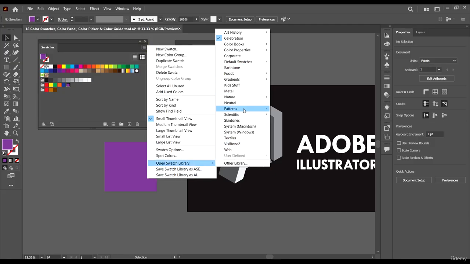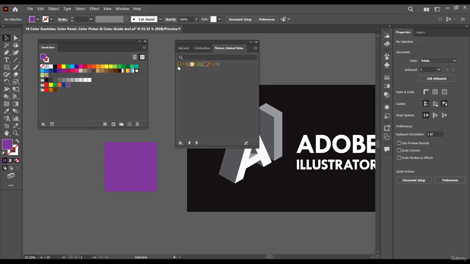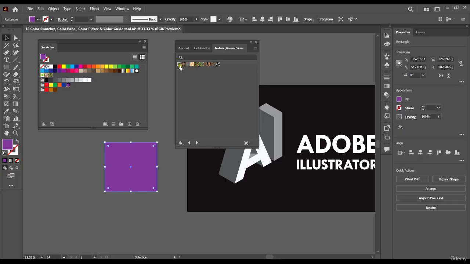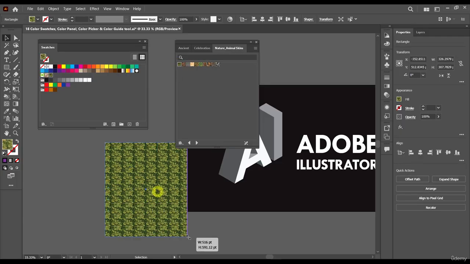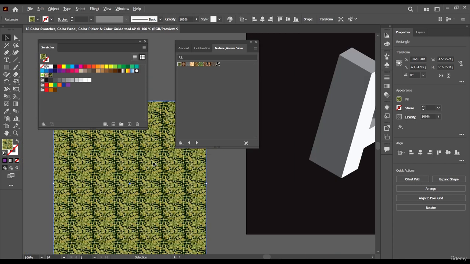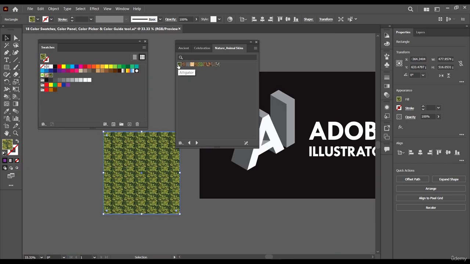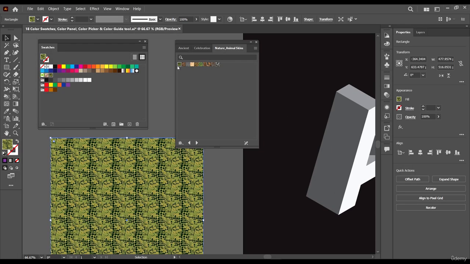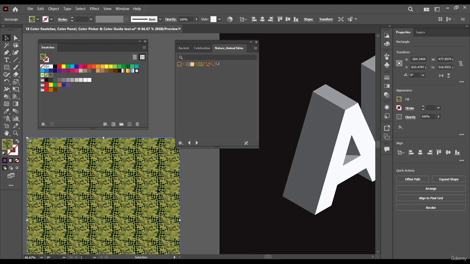We have patterns, for example. Let's see nature, then nature animal skin. You see them here, and you just add them to our shape here. This one is called the alligator, so it's more of an alligator skin pattern.